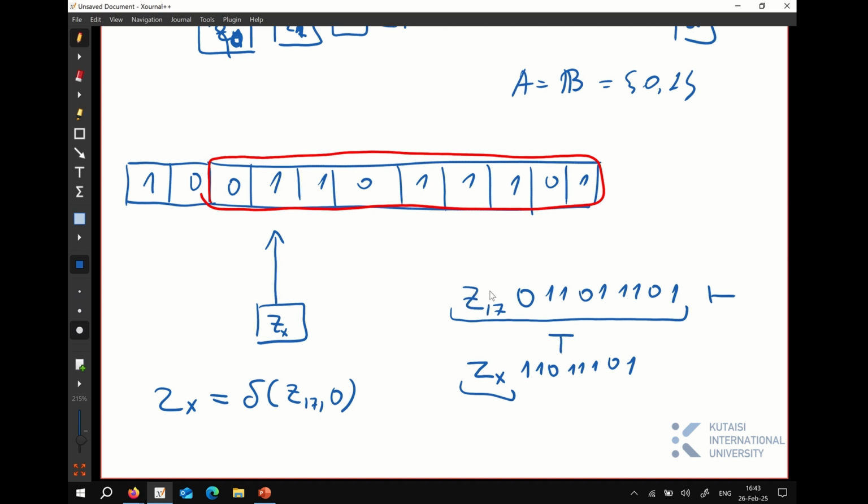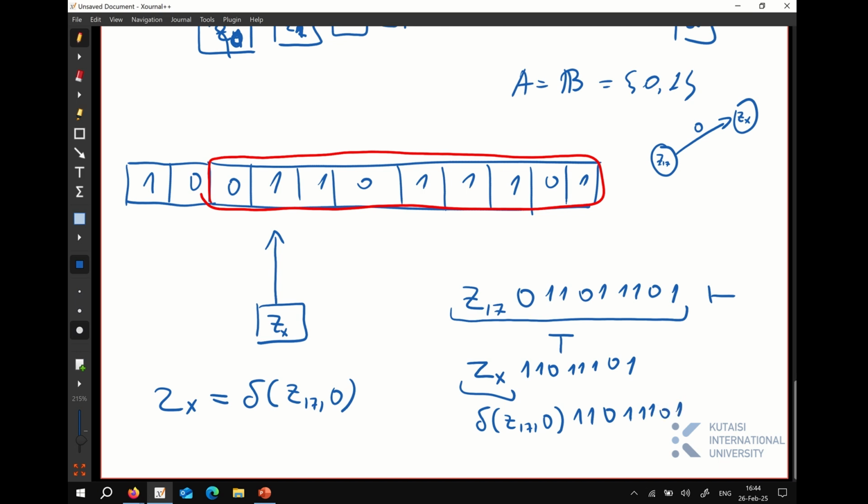The next configuration, I have to apply what happens if I have a drawing instead of these 5 things. If I have a drawing, I had Z17, this is ZX. So exactly what happens when I apply delta to Z17 and 0. So the next configuration is something like delta Z17 0 1 1 0 1 1 1 0 1. What is the next configuration? Yeah, again, delta of whatever this function is, which was the ZX. So delta ZX 1. So this is,